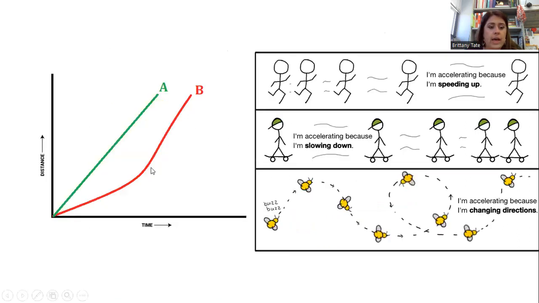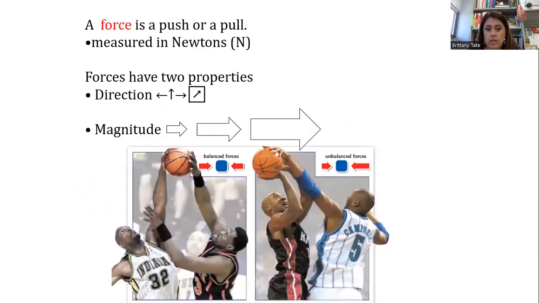So you see here on the left, this is a speed chart. You see distance over time. A is traveling quicker than B. A also travels at a constant speed because you see that it's a straight line. And then B had a constant speed, and then as it curved, it was speeding up. And then we've used this image to the right: if it's speeding up, slowing down, or changing directions, it is all acceleration because there's a change in velocity. Now, velocity is speed and a direction.